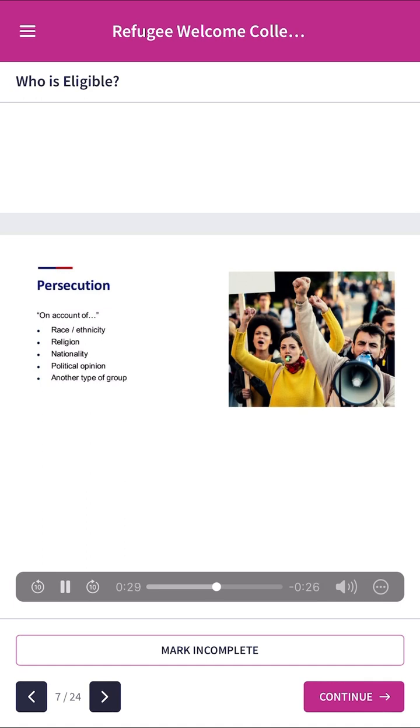To be considered a refugee, the person does not actually have to have the characteristic. It could also be that the person committing the persecution believes that the person has the characteristic. For example, if a person committing acts of persecution harms another person because they believe that person is Venezuelan, even if the person being persecuted is not actually Venezuelan, then that persecution is on account of Venezuelan nationality.